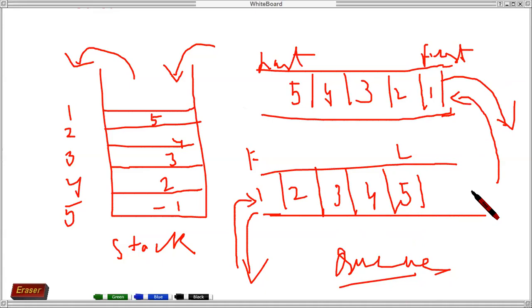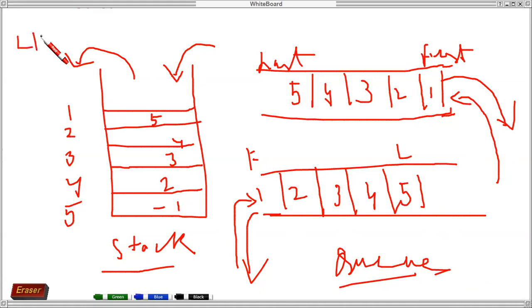But yes, the removal of the data depends on from which particular end we are entering. This is the one criterion which needs to be mentioned in the queue, because if we are trying to enter the data from the right hand side, then it is necessary that the popping of the data should also happen from the right hand side, not from the left hand side. So push and pop depend on which particular end the data are being inserted in the queue. Whereas in the stack, you have only one entry point and one exit point. There is no other way.